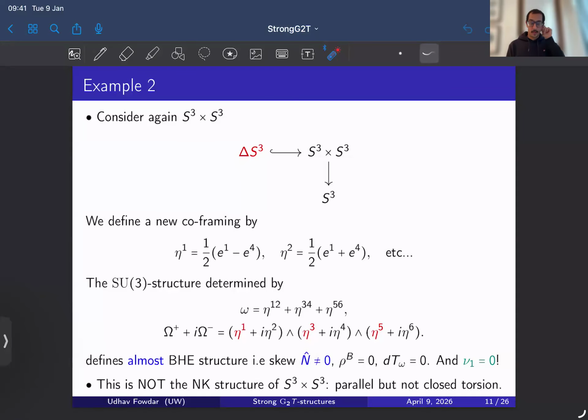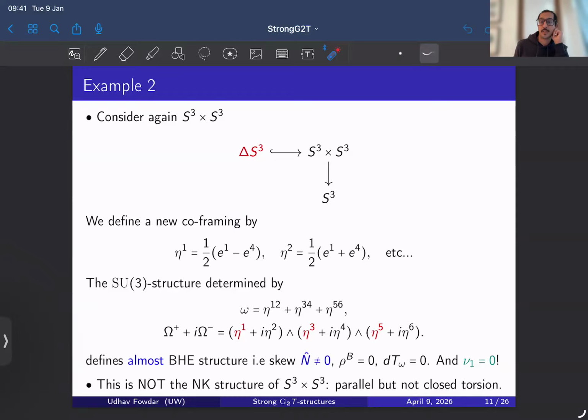Okay, so before someone asks me, Udolf, is this a nearly Kähler structure on S3 cross S3 because it has such a structure? The answer is no, this is not the nearly Kähler structure, because for the nearly Kähler structure, the torsion freeform is in fact parallel, but it is not closed. Okay, so this is a different